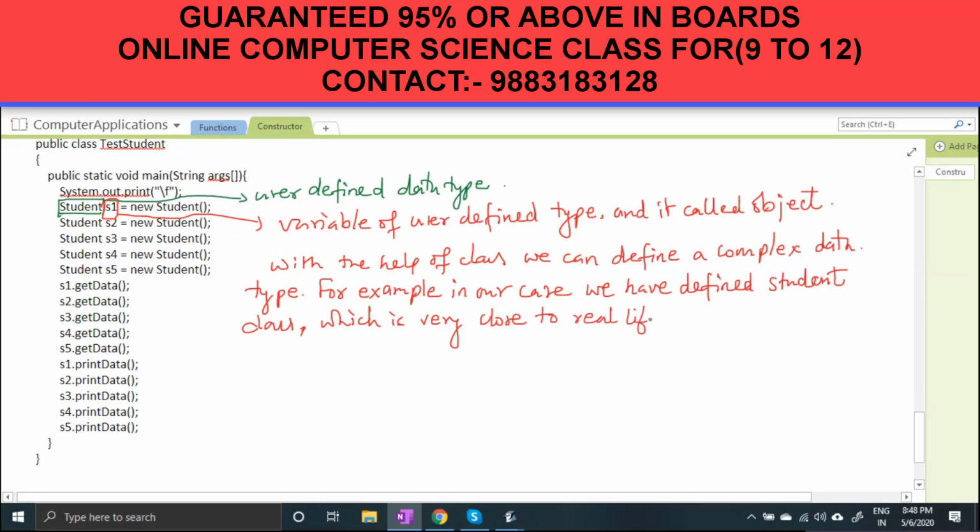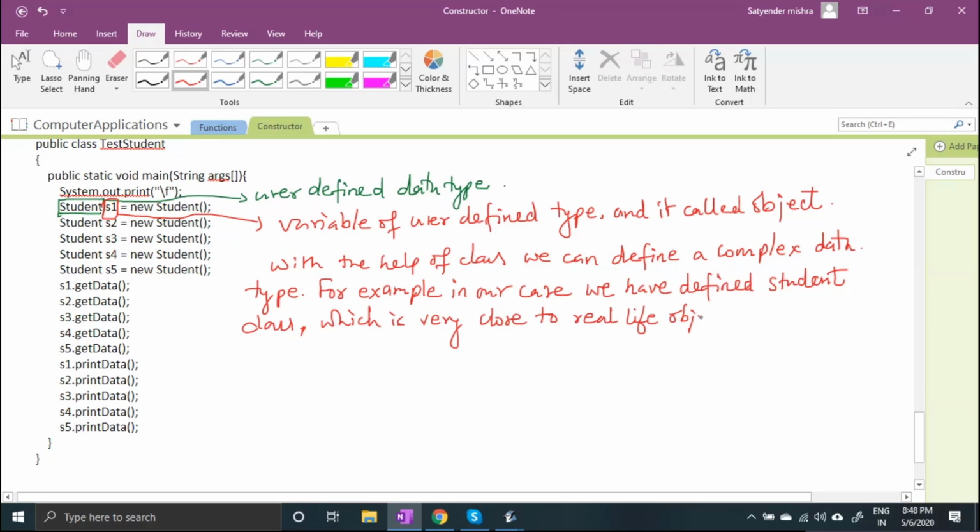Because every student has this kind of property, no? So it is very close to a real life object. Fine, understood. The class, object, and default constructor.